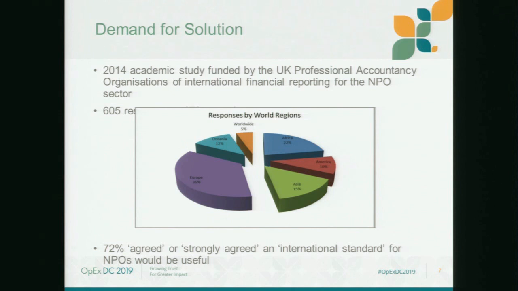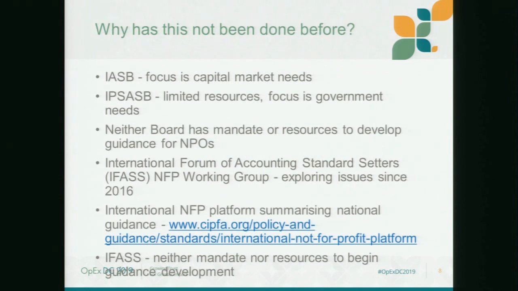Neither of those questions actually had answers at that stage. Talking from the international perspective, the international standards boards have particular constituent groups. So the IASB, the International Accounting Standards Board, very much has the driver in terms of getting consistent reporting requirements from a capital markets perspective. The International Public Sector Accounting Standards Board is a smaller organisation, but it is very much focused on public sector, both quite distinct